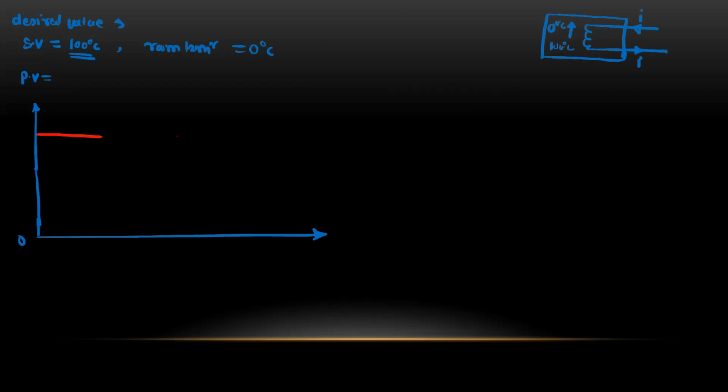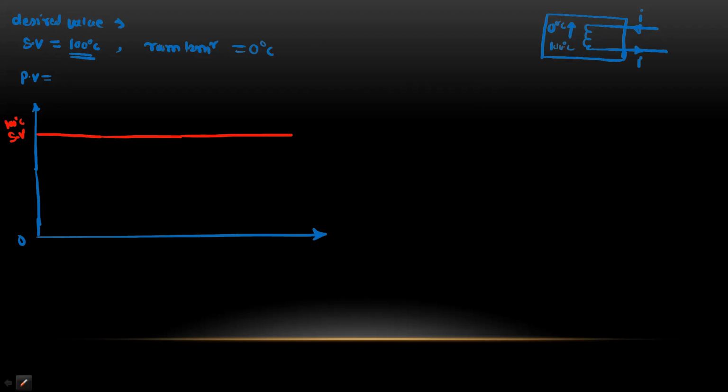So if this is the furnace, then initial value is 0 degrees Celsius, and we want to raise this value to the 100 degrees Celsius. Okay, so that we need to adjust the proper current in this coil. Okay. And suppose this is the output for that process. So it starts from the 0. So here the red line, it represents the set value. So this is the set value, and here the set value is nothing but the 100 degrees Celsius.